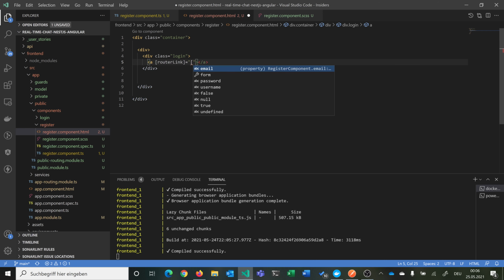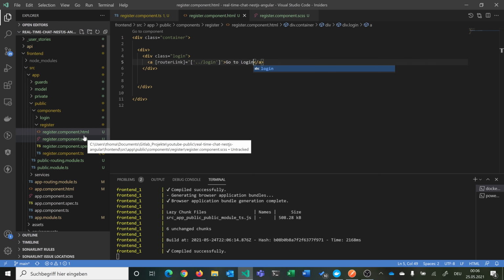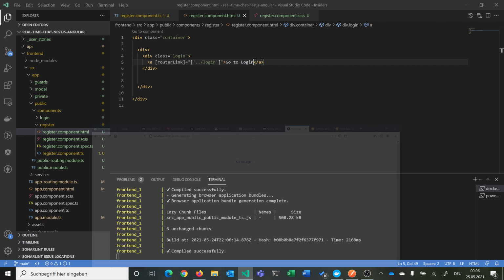And then we can go one up with 2 dots, and then we go to login. And then we can just name this go to login. And our class, I think, let's see how it is looking. So now we have it here. So I can go to login, I can go to register and so on, and switch